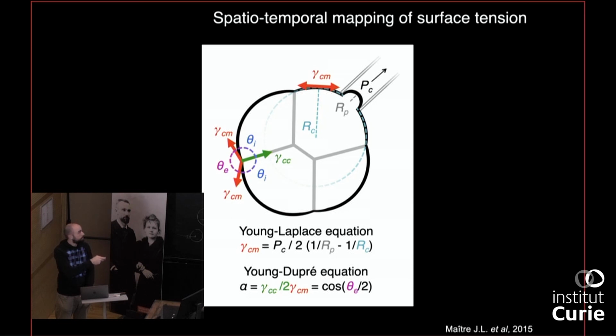Once we have the tension of two contacting cells, we can also measure the angles of contact and apply another force balance equation, which gives us the tension at the cell-cell contact as a function of the tension gamma cm and the shape of the contact angle. The assumptions are that the cells are behaving like soap bubbles, like a viscoelastic material, and that the tensions are homogeneous at the cell interface and at the cell-cell contact. We are not considering any heterogeneities in the tension at the interfaces. This assumption is to some extent true, and probably in some cases not true.